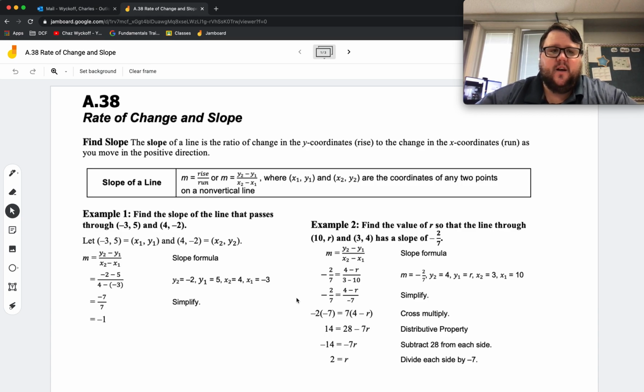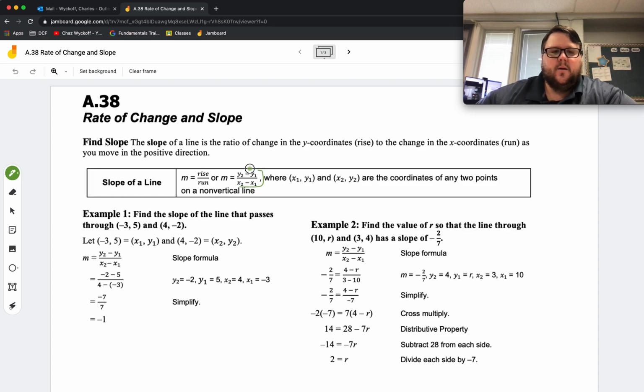The slope of a line is the ratio, which is a fraction, of the change in the y direction. We call that the rise, up or down, to the change in the x-coordinate, the run. That's the horizontal, side to side, as you move in the positive direction. So, slope of a line, m equals the rise over the run, or you're going to have to memorize this